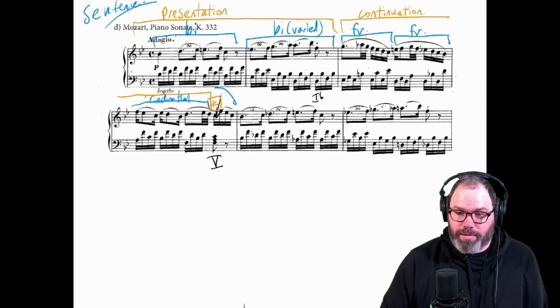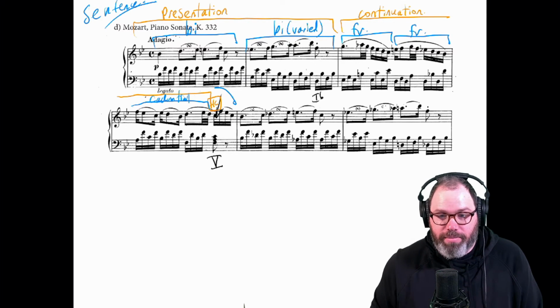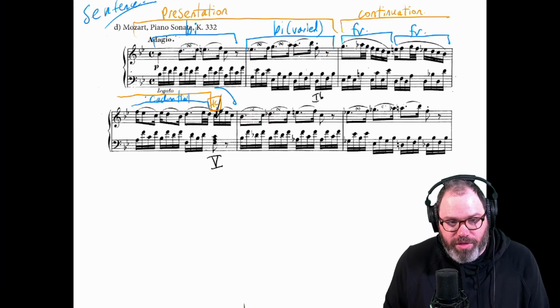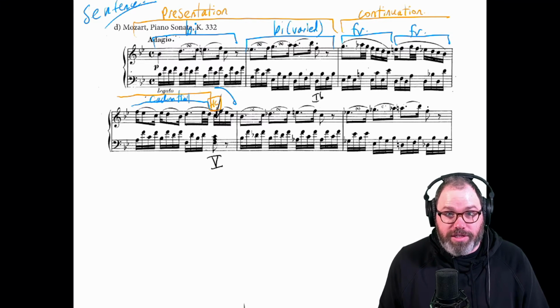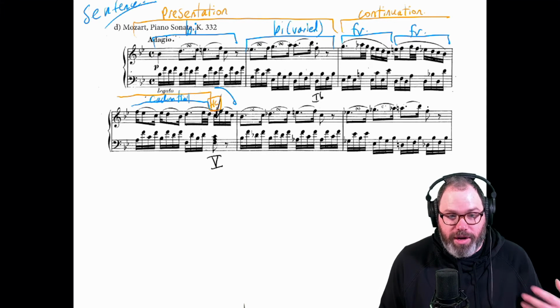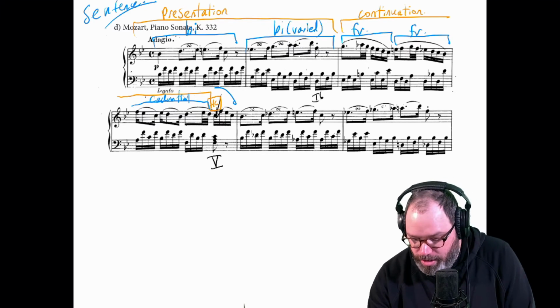Okay. Running out of room on the page there, but you get the idea. So, so far so good with the analysis of this one? This is a little trickier again because of the slow tempo of it all, but I think it fits pretty well into the sentence mold otherwise. Okay, now let's think about